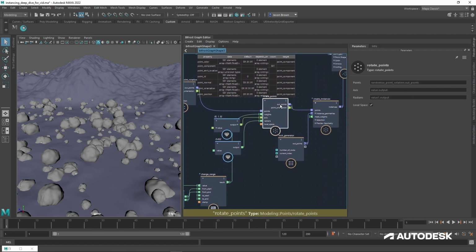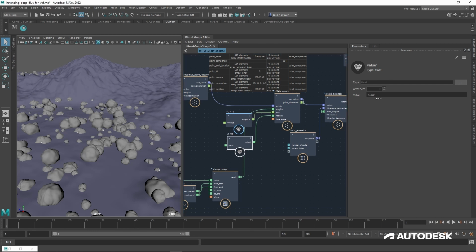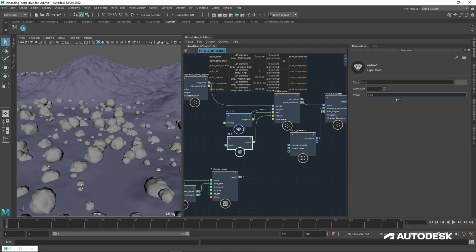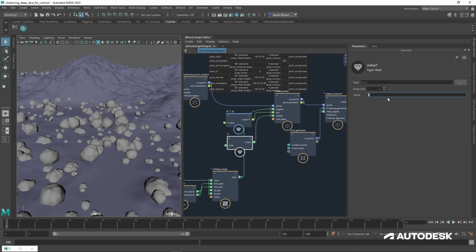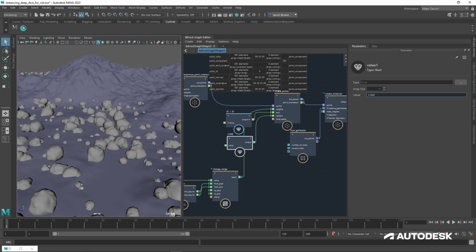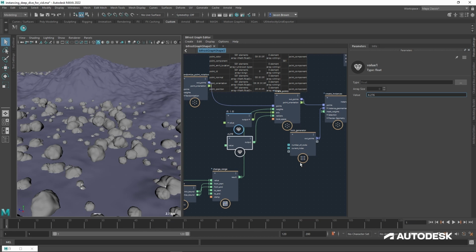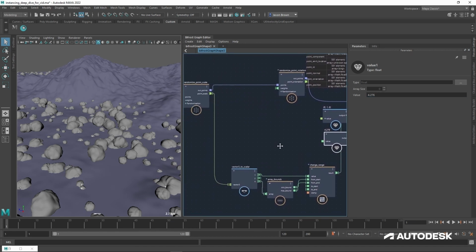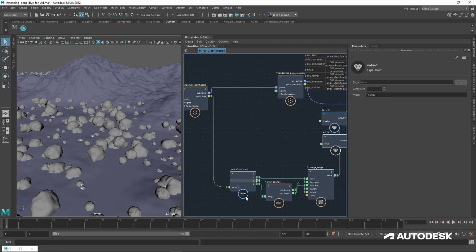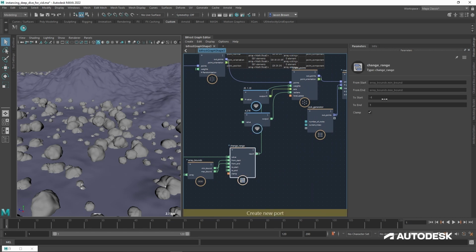And that's because now if I change this, maybe if I didn't change it so quickly, go back to 0. So if I start changing this, you should be able to see that the bigger rocks are going to rotate faster than the smaller rocks because we use the scale to generate our weights. See how that works? So the bigger one is getting the most rotation and the little ones are getting the least. If we wanted to switch that around, we just need to switch those two numbers.